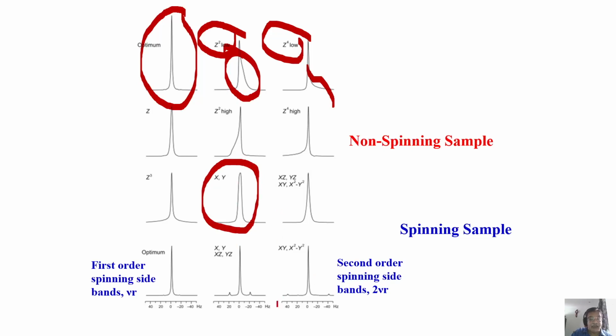If you are spinning the sample, sometimes you get sidebands, first order sidebands like this, second order sidebands. These come because of x squared minus y squared; the second order gradients along x and y will be bad. So varieties of these shim coils will be there. And mind you, getting the homogeneity is not an easy job. You have to iterate upon all of these things. Every time you change these, you are changing the currents in the shim coils.